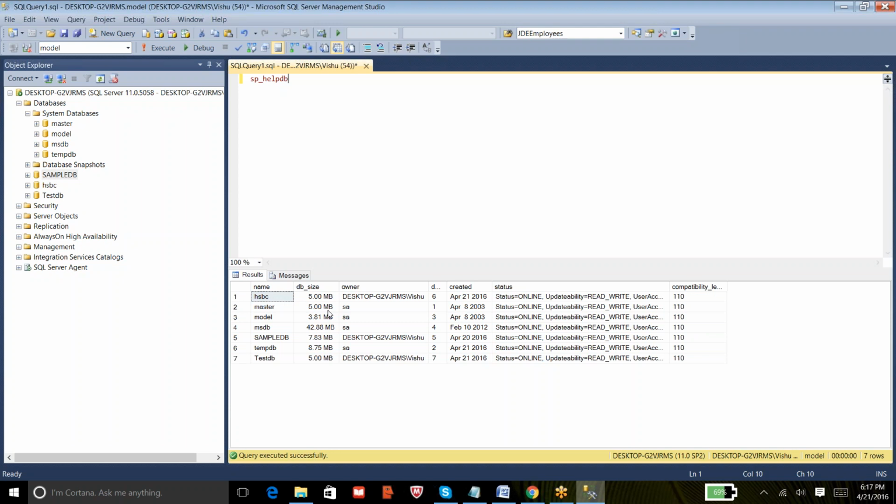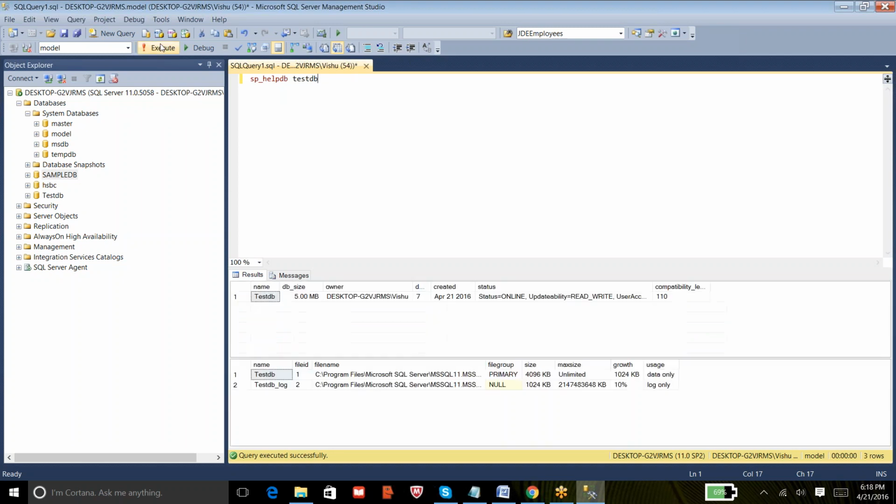But if you really want in-depth information about an individual database, then provide a parameter: sp_helpdb followed by the database name. Now you can execute it. It will give you in-depth details of that particular database.